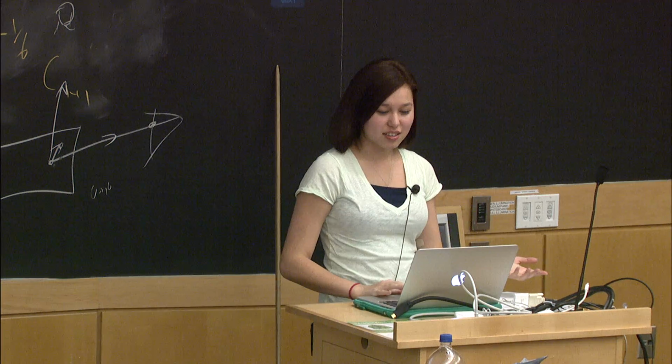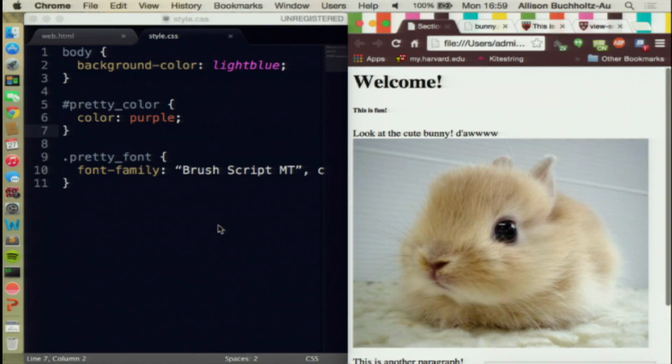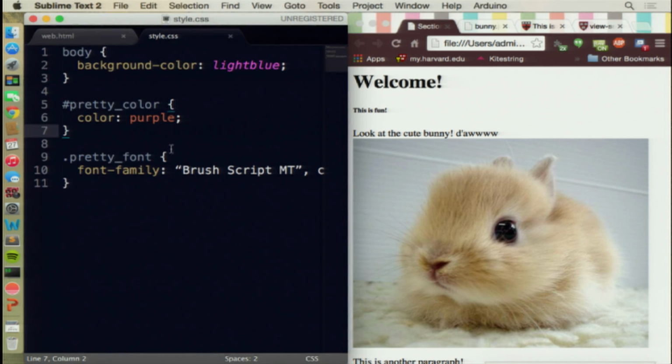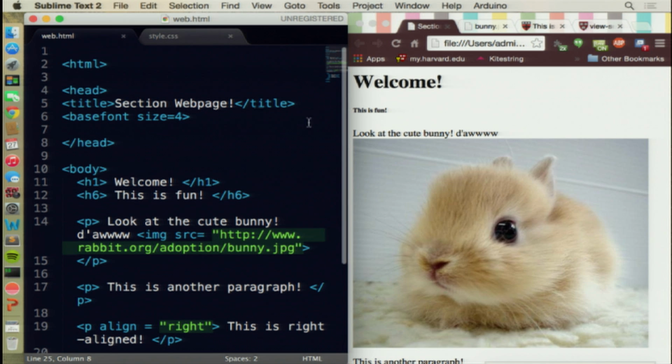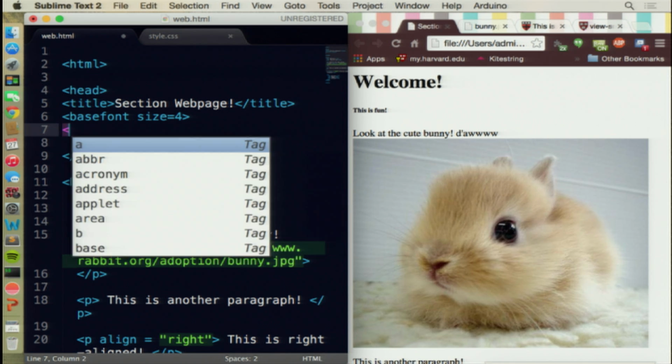So with our awesome bunny web page here, we're going to do a little bit of CSS styling. If you ever have a style sheet, which we have here, you can just call it style.css. You can call it whatever you want. What's important is that we're going to reference it in our web.html here. So, so I don't mess this up, we're going to link these two files